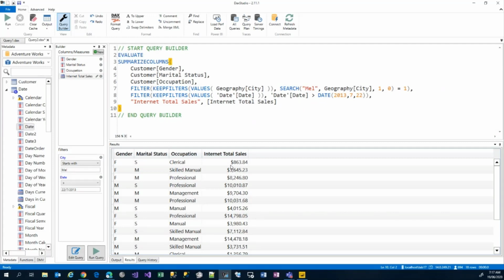So if we remember this, this top one, the female single clerical is 863. That should change to 873 when I run that. Oh no, it's scrolled to a different position. So there it is. There it is. That was at 863. Nice. So that's just a random edit. You could